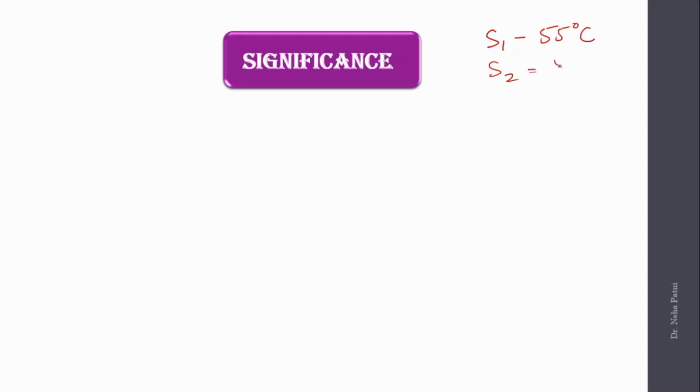Let's say sample 2 is giving you 85 degrees. So what is the inference you have taken about the sample? This sample is not easily dissolved in aniline because the temperature is higher. That means you have to heat it till 85 degrees to get it dissolved. Right? It is not easily dissolved. So from this much, the inference can be taken that sample 2 is not easily dissolved in the aniline, and in sample 1 it is easily dissolved.